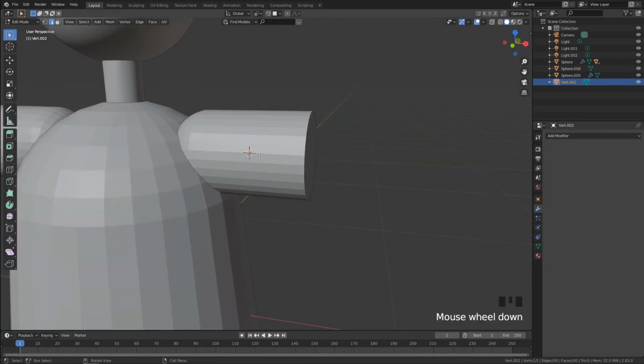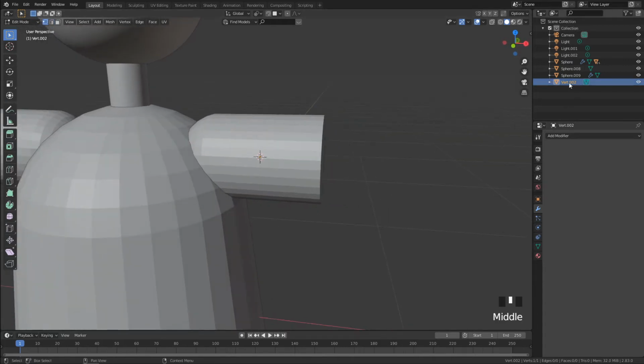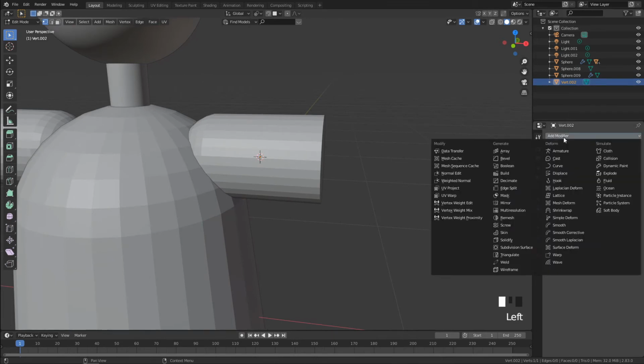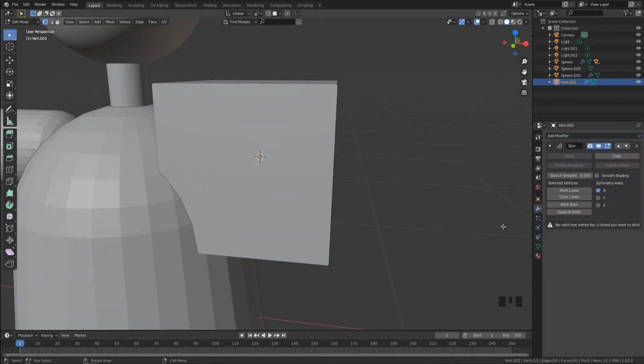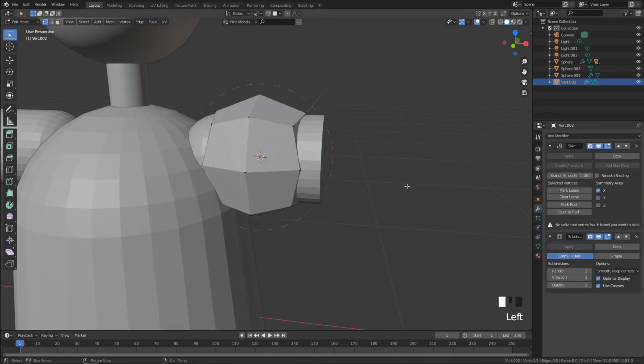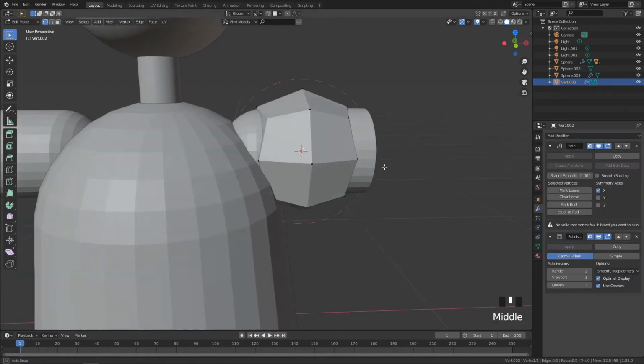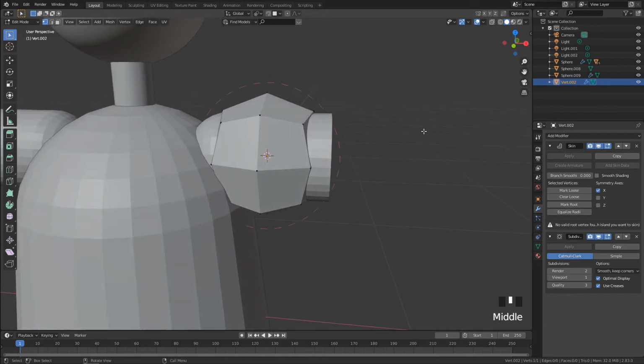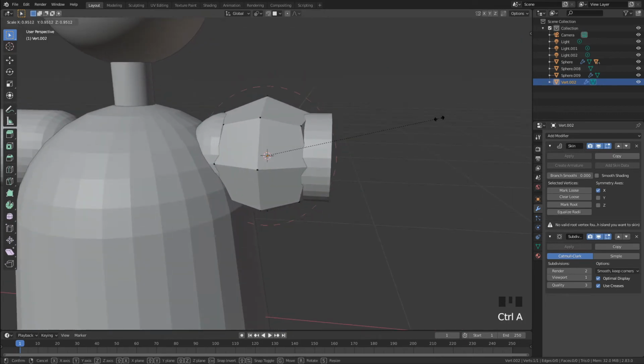Okay, and now with our vertex selected, you can see it's up here, vert, we're going to add two modifiers. Now I use these all the time. They're really useful tools and a useful technique for building up characters. You're going to add a skin modifier, and on top of the skin modifier we're going to add a subdivision modifier. And this is far too big right now, so I'm just going to press Control A to shrink down